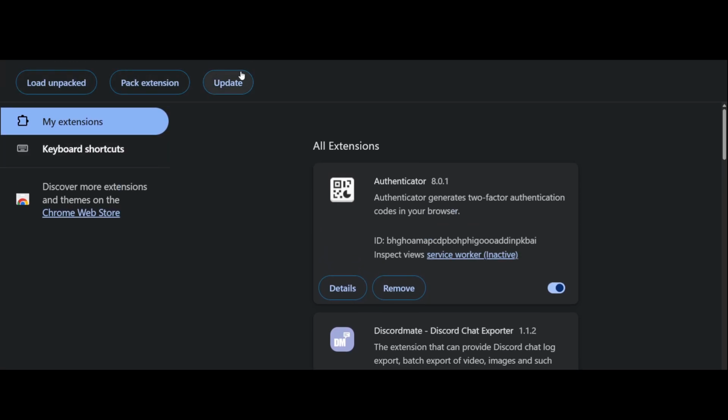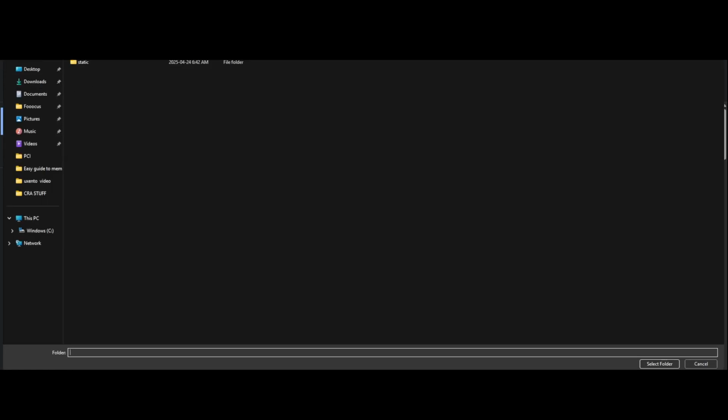It'll show you these three buttons. Click load unpacked. After you download Uxento, you'll see extension update 2, which is the most recent one. That's zipped. They'll have a zipper on the folder. Right click on it and click extract all. It'll create an unzipped folder, which is a regular folder. Open it. The folder's name should be Uxento update 2. Open it, and the folder within it is this one.